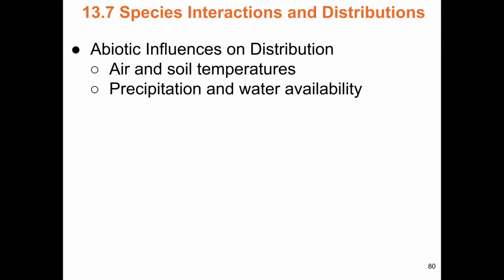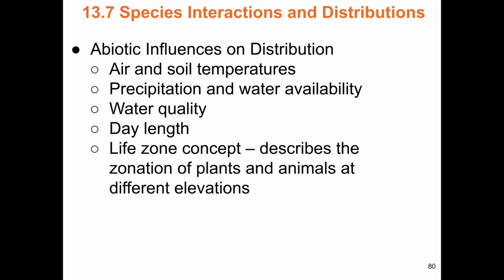Precipitation, same deal. Too much water, no good. Not enough water, no good. But it totally depends on the organism. There are organisms that live entirely in water. Then there's water quality with regards to pollution or clarity, clear water that would allow sunlight to penetrate deeper for plants. Day length is an abiotic influence. Some places have 12 hours every day. Some places go from 24 hours of light to 24 hours of darkness.